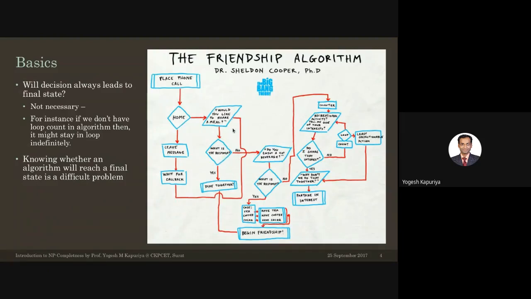But what if the answer is no to the question, would you like to share a meal? Then you will answer another question: do you enjoy something else, like a hot beverage? If the answer is yes, then instead of a lunch or dinner, you will go to the coffee place and have tea, coffee, or something like that, and you can begin the friendship in that way. But again, if the answer to this question is no, then you keep on asking those kinds of questions.